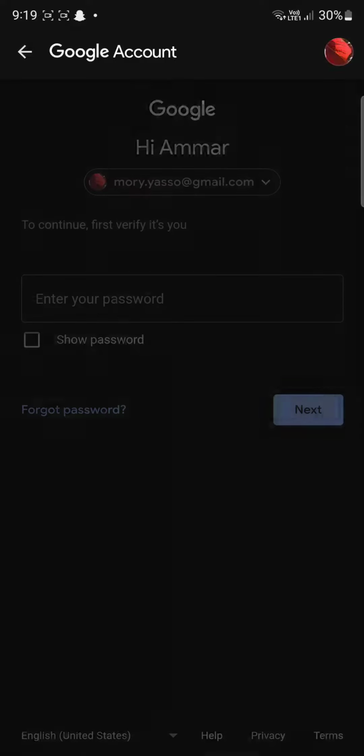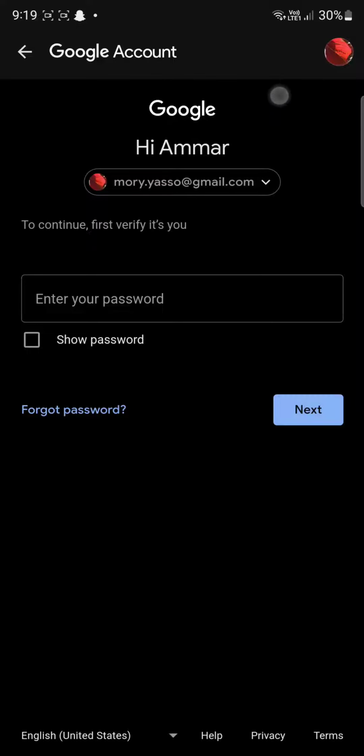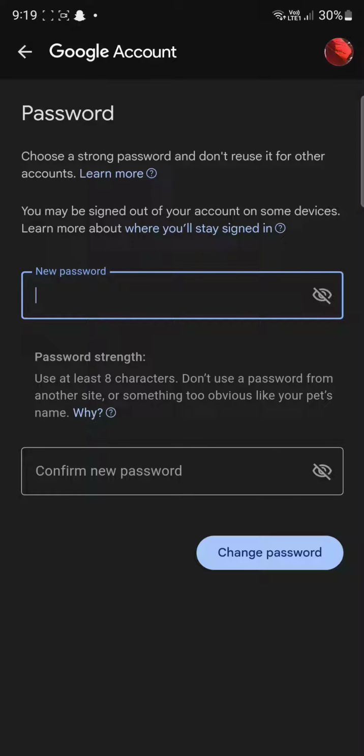You're going to click on Password, and when you click on your password, it's going to ask you for your current password. You're going to put it in, and then after you put in your password, as you can see, you can change your password. But keep in mind,